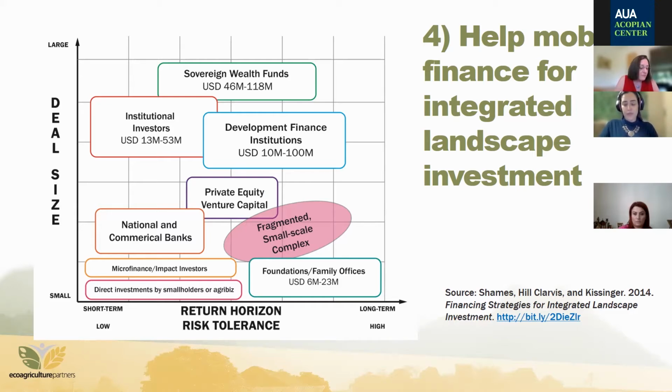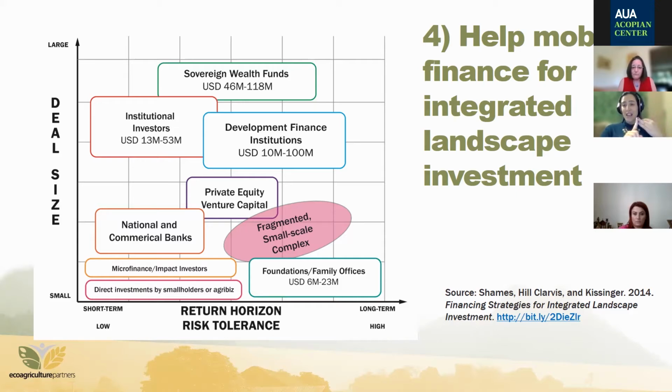New kinds of financial mechanisms are needed that can capture funds from large private sector and government sources and disperse them to the many small projects and businesses that are in the landscapes. We need better risk mitigation practices and other features, aggregators in the landscape that will bring together small projects. So there's an important role for national policymakers in helping to mobilize and integrate the finance that's required to deliver